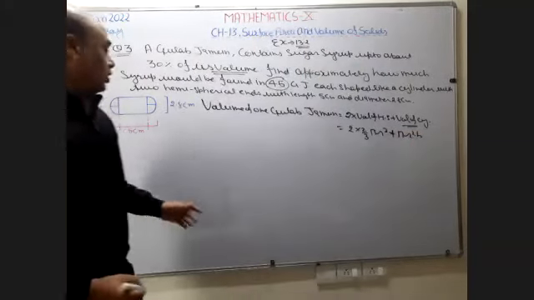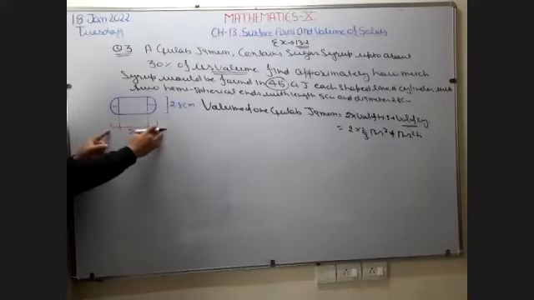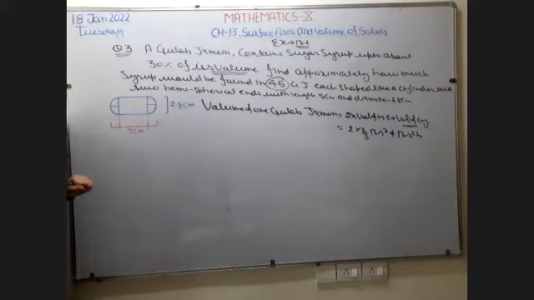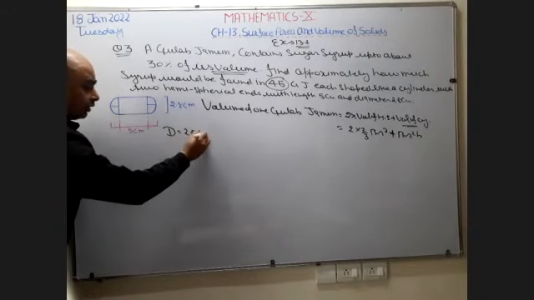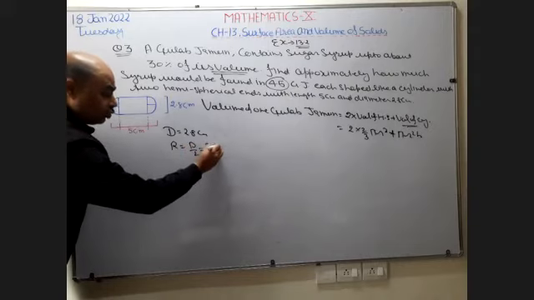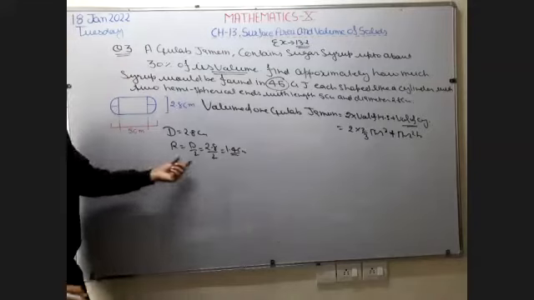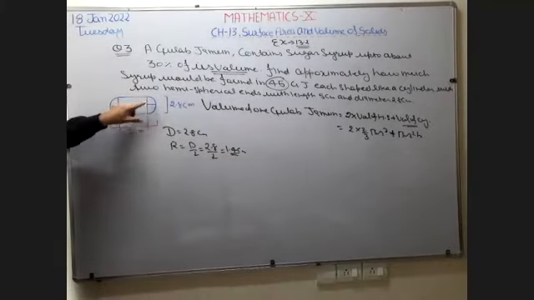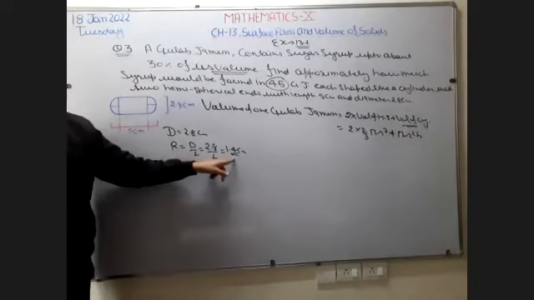Now this is the shape of your gulab jamun. The complete length of this gulab jamun is given 5 centimeter and the diameter is given 2.8 centimeter. If the diameter is 2.8 centimeter, the radius is diameter upon 2, so 2.8 upon 2 is 1.4 centimeter. This is the radius of the gulab jamun. They join end to end, so the radius of the cylinder and the radius of the hemisphere are 1.4 centimeter.